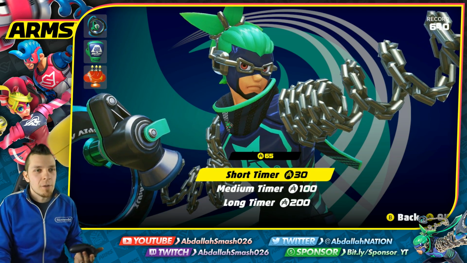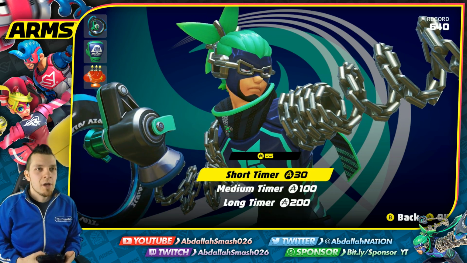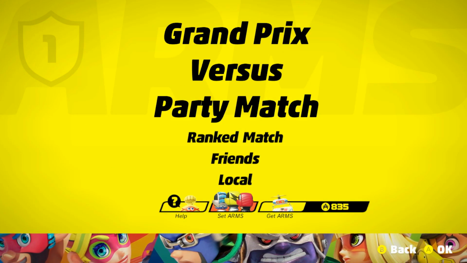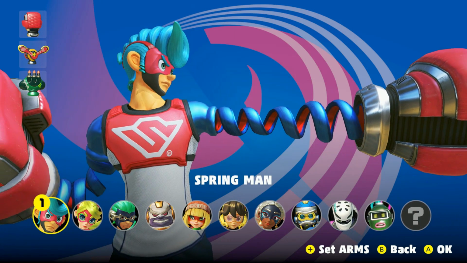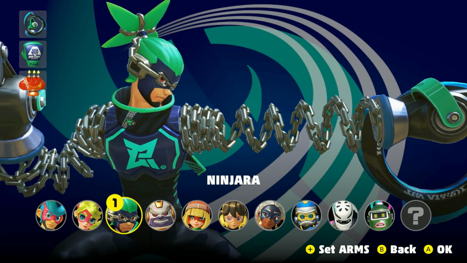So without further ado, let's jump on into the 30-second timer that I've done a little bit off screen. This is one of my first attempts at playing through it. You can see right over here I got 835 coins, and I'm like, you know what? Let's just spend some money. Let's do it. So we're going to choose Ninjara for this one because I feel that a character that's a